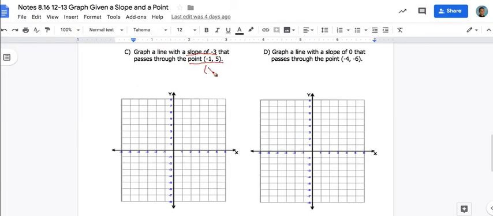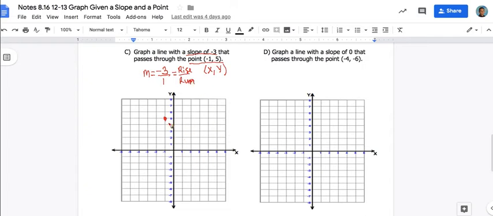So we have to write down x and y. That means this is an ordered pair, so I'm not going to do rise over run for the ordered pair, only for the slope. So we're going to go -1, 5. Okay, now the slope is -3, but it's a fraction. I have to have it a fraction, so I need to put a 1 underneath. Now we're going to rise -3, and we're going to run